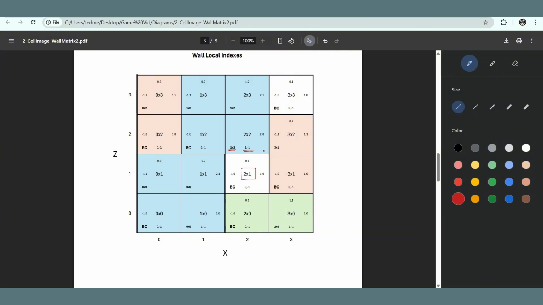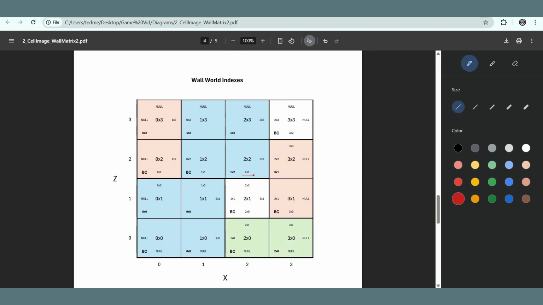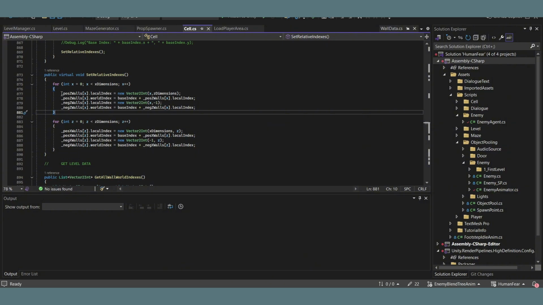So here it was 1, 2 as the base index, 1, -1 as the wall local index, and if you sum them, you get 2, 1, which is the node on the other side of the wall, as well as the wall's world index. The code looks a bit more complicated. I explained the wall world index first because I think it's a bit easier to wrap your head around, but